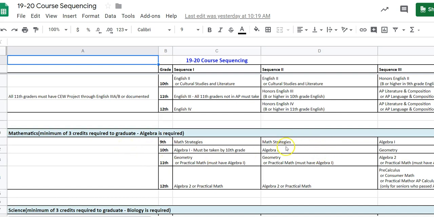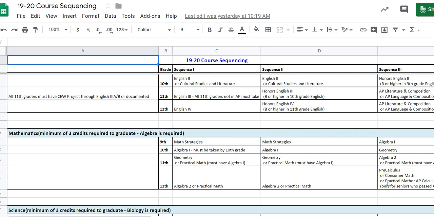Okay, so say for example, I'm in 10th grade and I am in Algebra 1. I'm either going to take Algebra 1, and then I need to go to Geometry or Practical Math, and then I need to go to Algebra 2 or Practical Math. But say, for example, I'm in 9th grade and I'm in Algebra, then my 10th grade year I take Geometry, 11th year I take Algebra 2 or Practical Math, and then 12th grade I take Pre-Calc, Consumer Math, Practical Math,